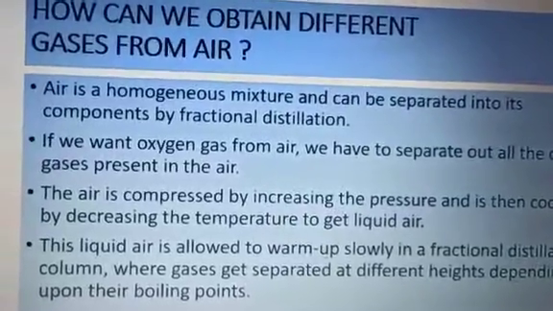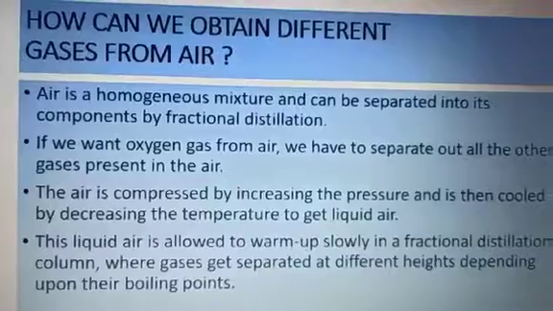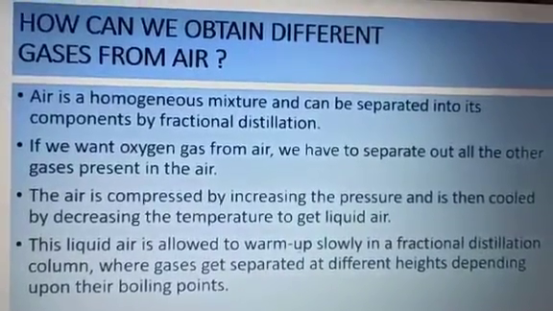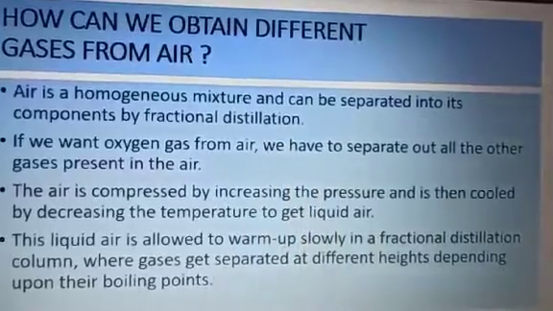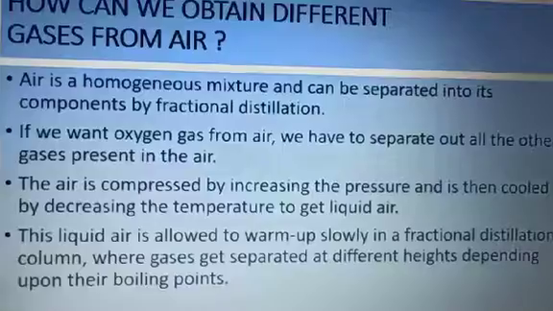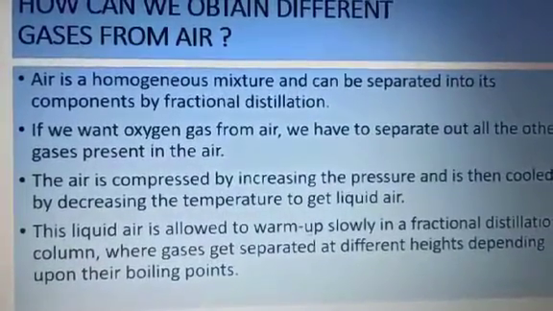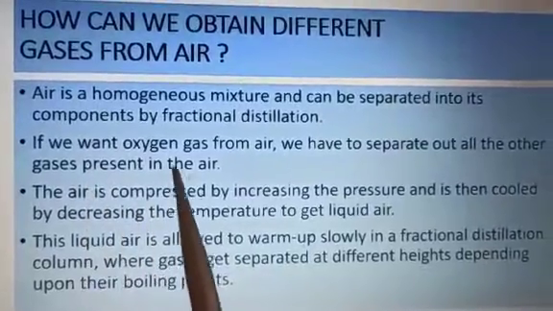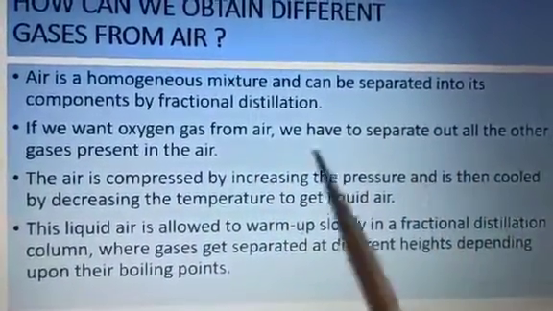Now we'll see how we can obtain different gases from air. You know that air is a homogeneous mixture and can be separated into its components by fractional distillation. As we have seen in the case of fractional distillation, we can use it for separating the different gases from the air. So if we want oxygen gas from air, we have to separate out all the other gases present